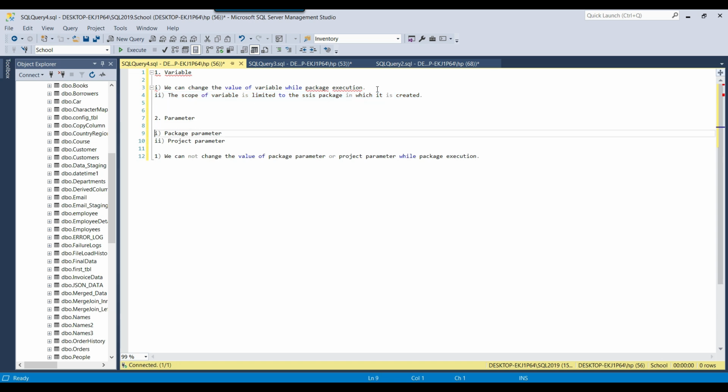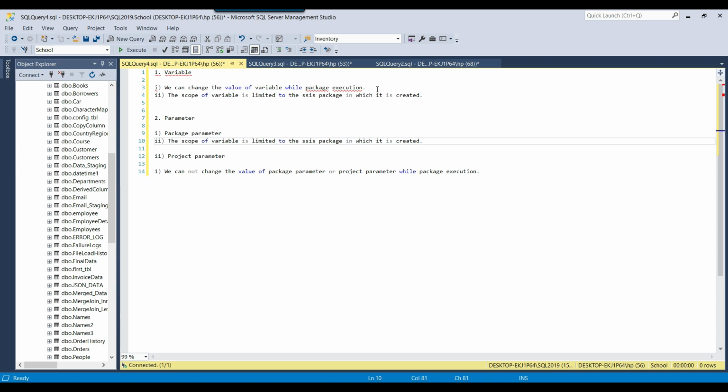However, if I talk about the package parameter, the same thing applies here: the scope of a package parameter is limited to the SSIS package in which it is created. However, the project parameter is accessible to all the packages inside the SSIS project.